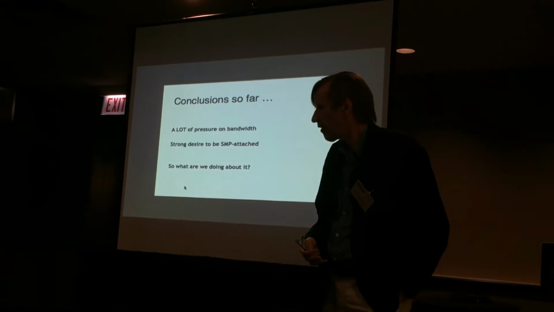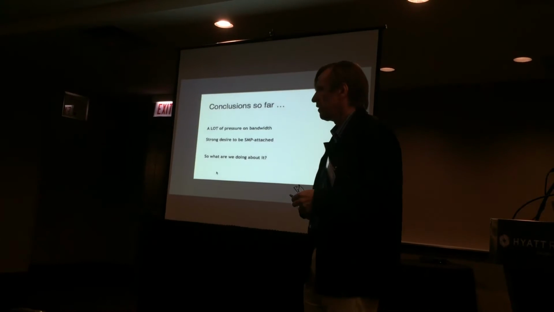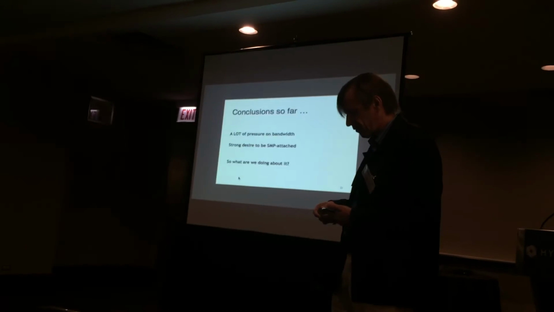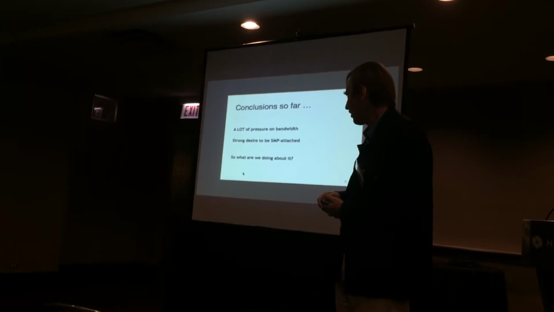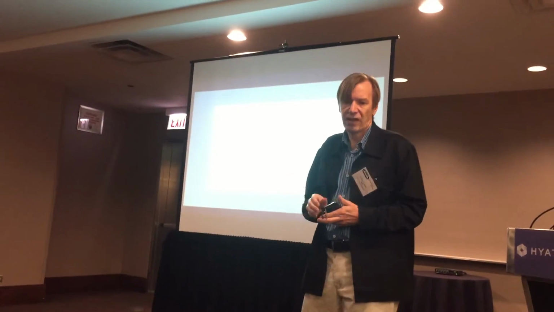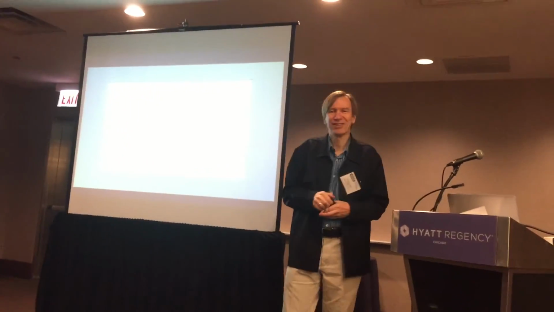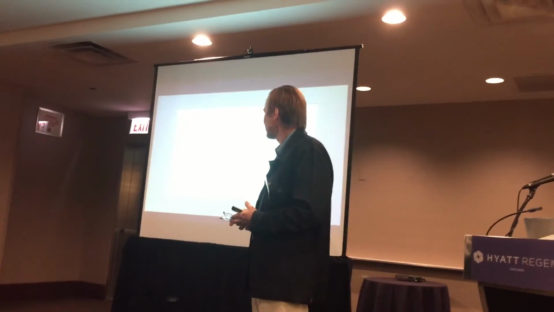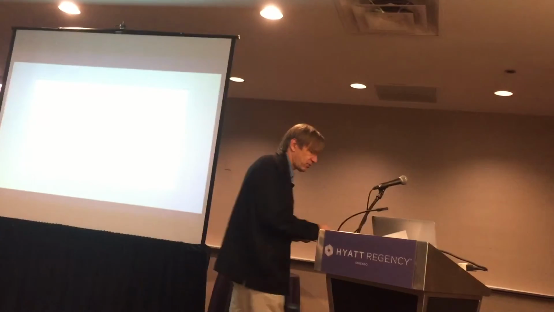So the conclusion so far is, I hope it's clear to you that we have a lot of pressure on bandwidth. I hope I've done a reasonable job motivating why we'd like to be coherently attached. And so the question is, what are we doing